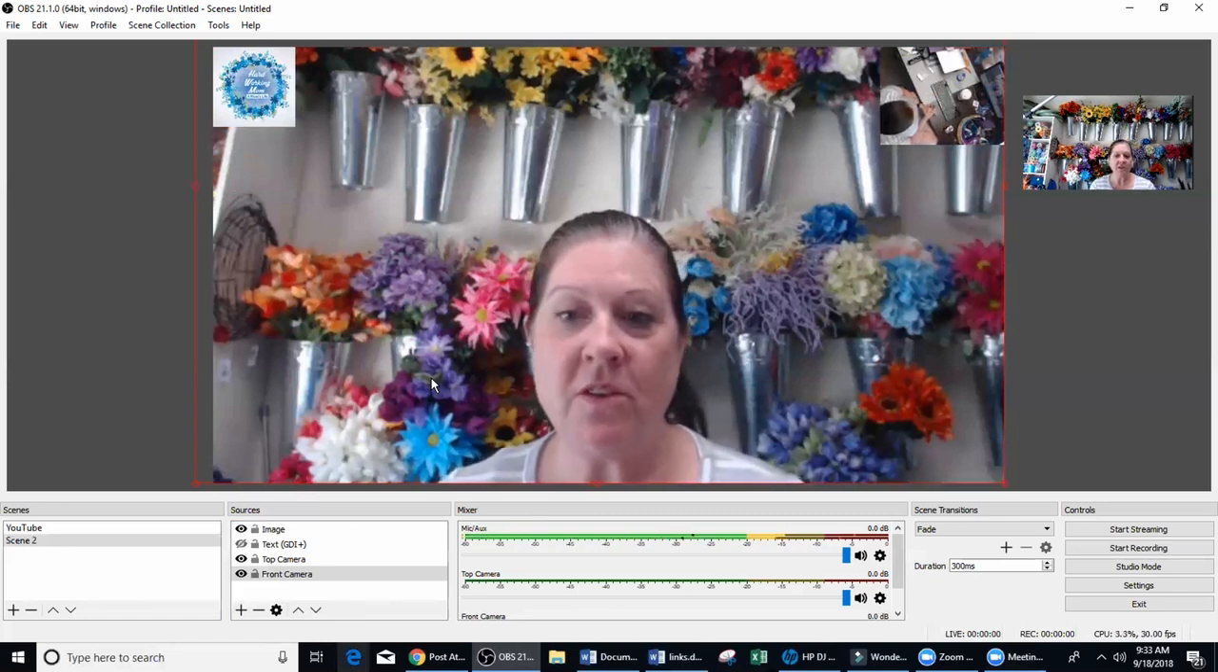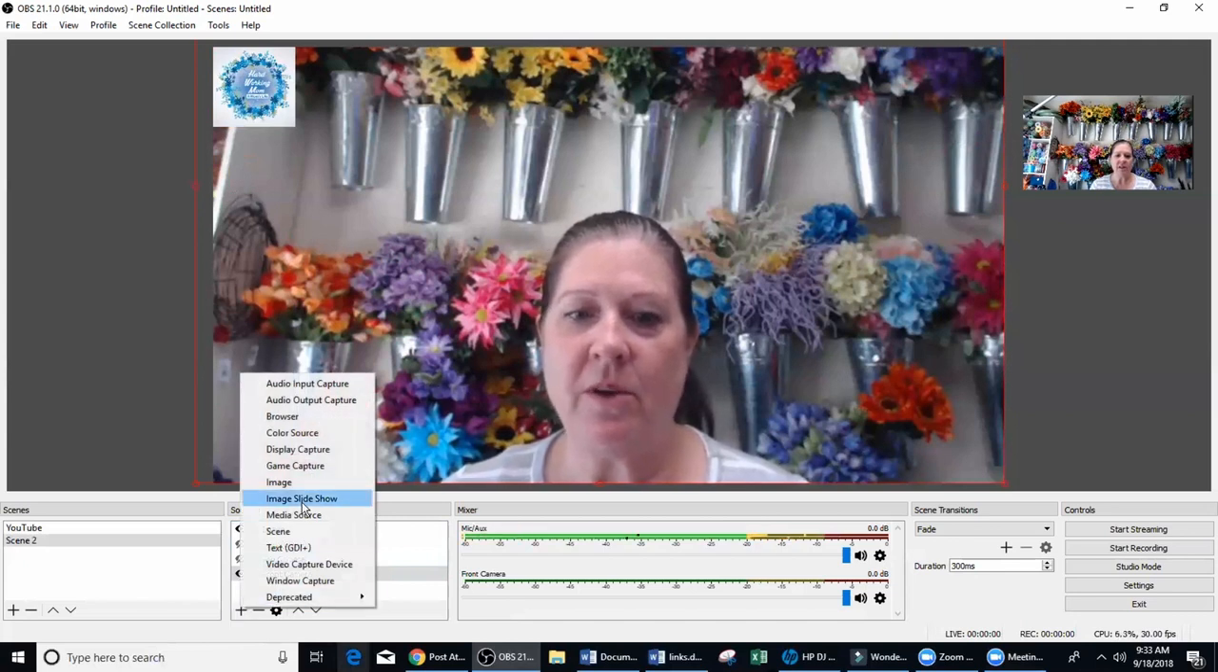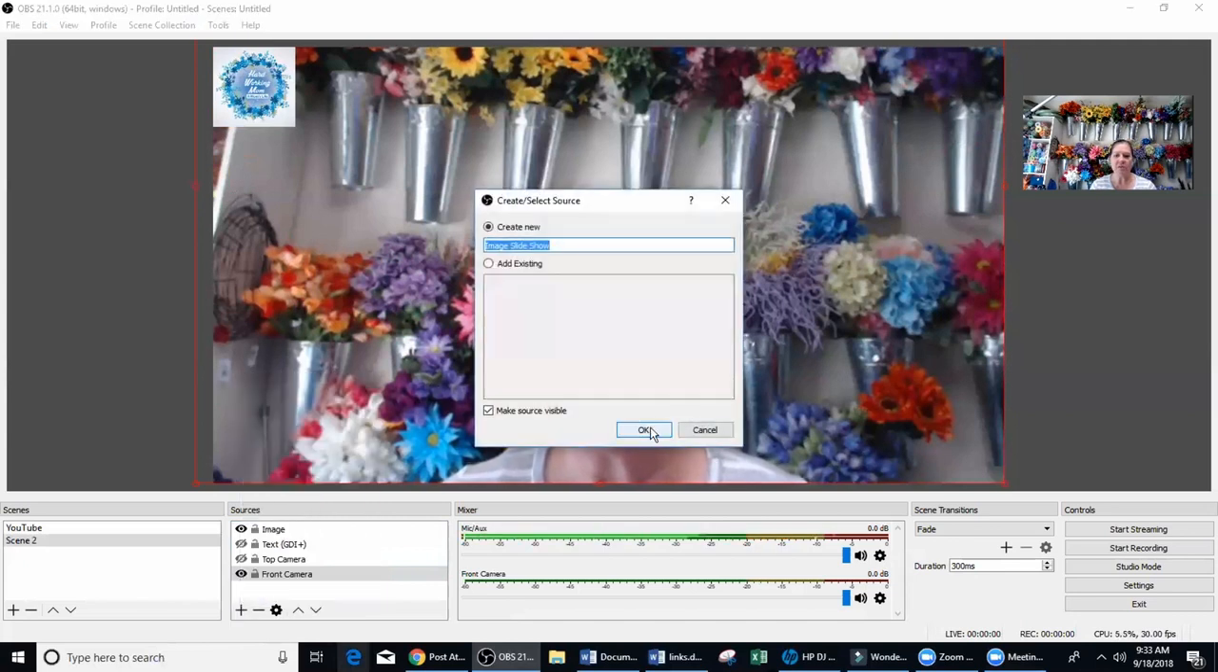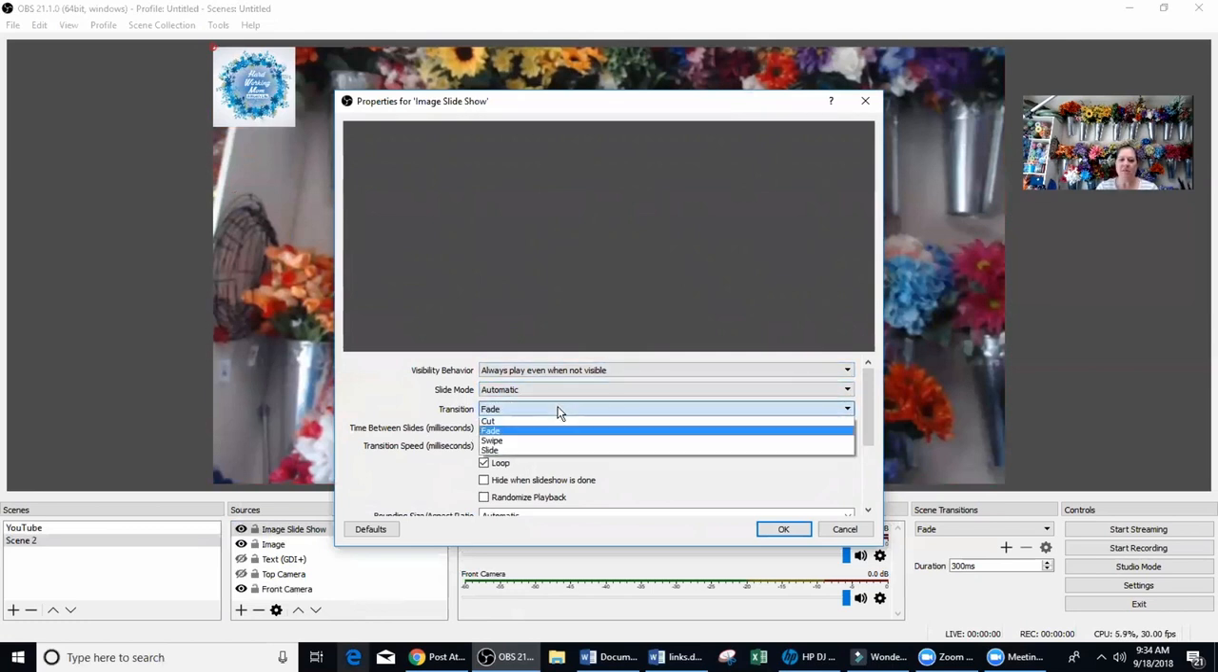So the other thing you can do is an image slideshow. So let's look at that. So you just go in, you click on image slideshow. So right here, this is going to determine how it's going to display. So you can have it automatic, you can have it manual, you can have it fade, swipe, or slide in between the pictures. This is how quick